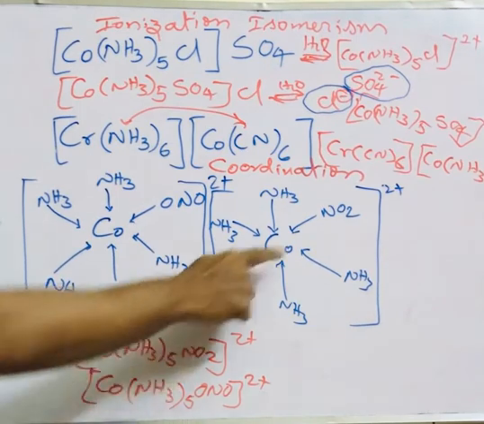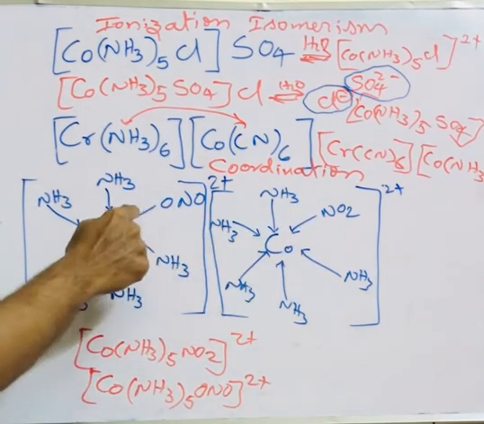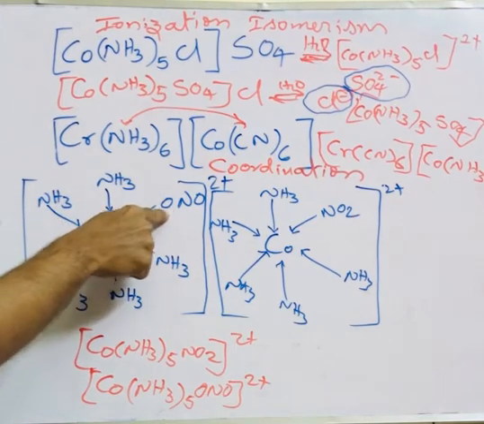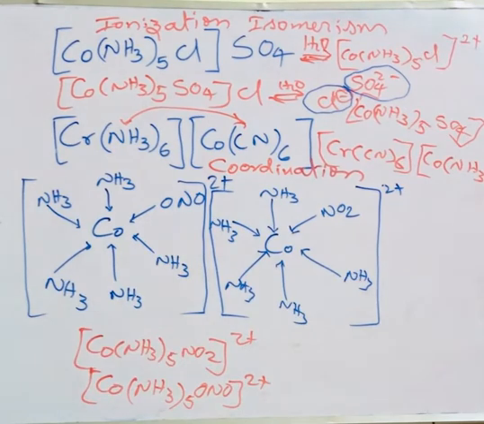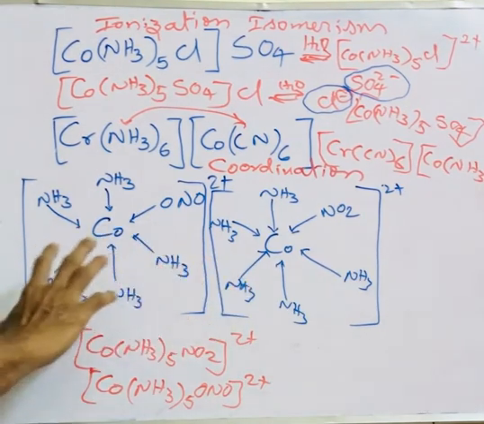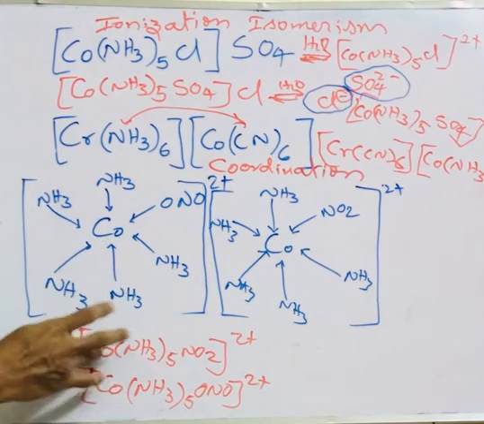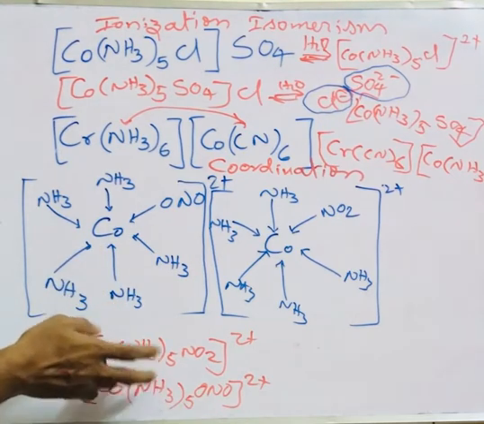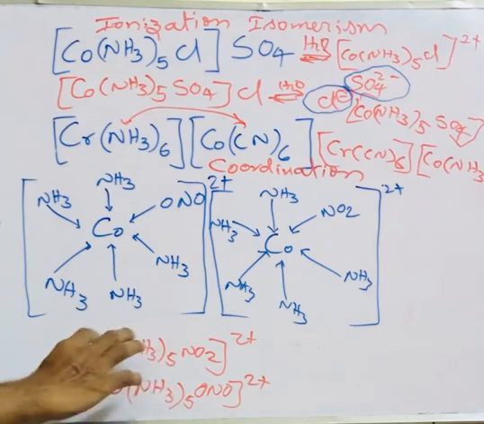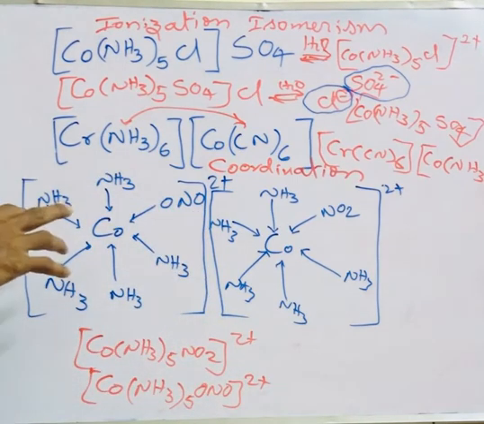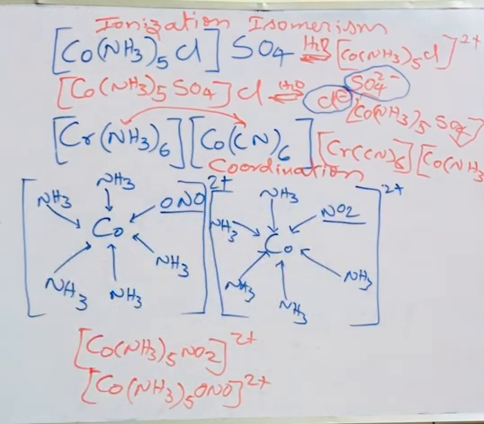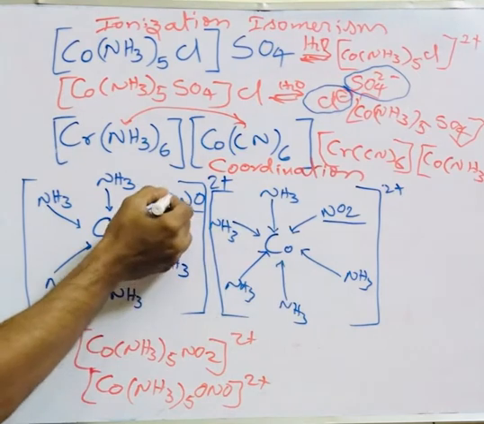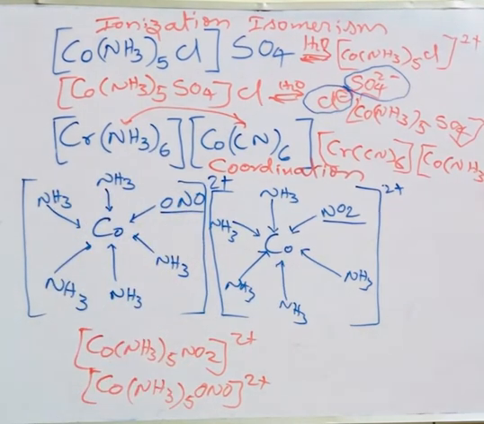So here the linkage is through the nitrogen atom, and here the linkage is through the oxygen atom. So this is nitrato-O, this is nitrato-N when you write the name, correct? These complexes are both the same structure-wise, even the arrangement of atoms is the same, the ligands are the same, and the total molecular formula is the same, but they differ in the linkage. Here the N atom is linked to the cobalt, here the oxygen atom. So it is called linkage isomerism. This is called linkage isomerism.